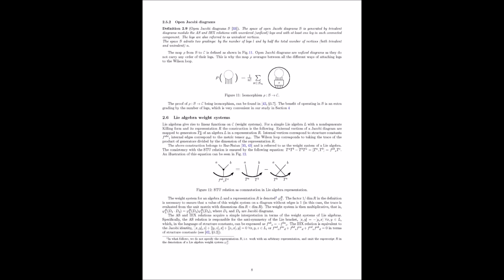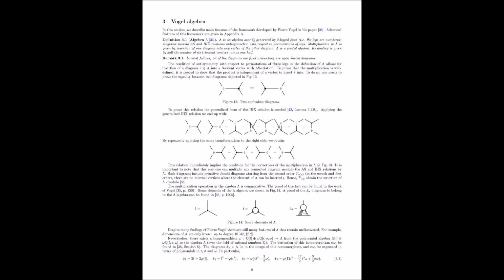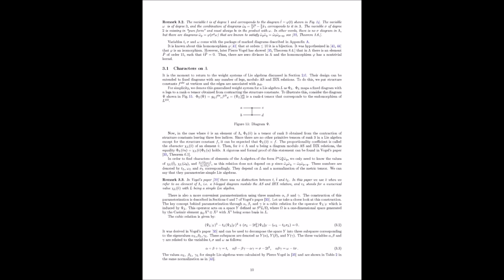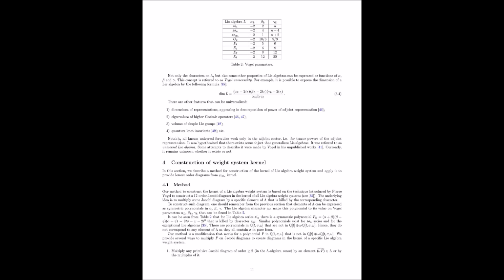The key here is that each of those variables comes with a degree, a number that essentially measures the complexity of the corresponding diagram. So we're not just dealing with abstract symbols, but also with a way to quantify the complexity of those diagrams they represent. Precisely. And this notion of degree becomes crucial when we start exploring the connections between Vogel's algebra and those Lie